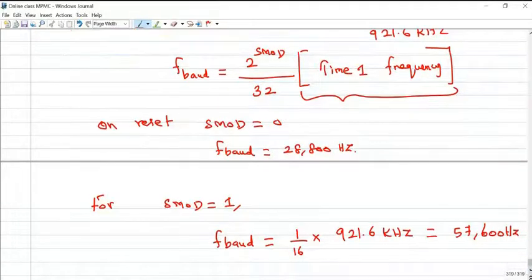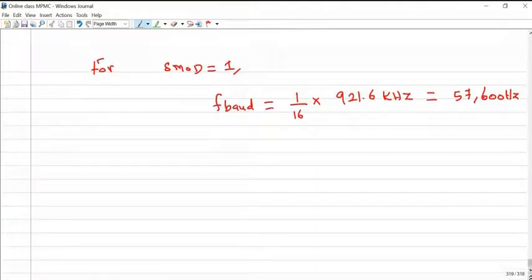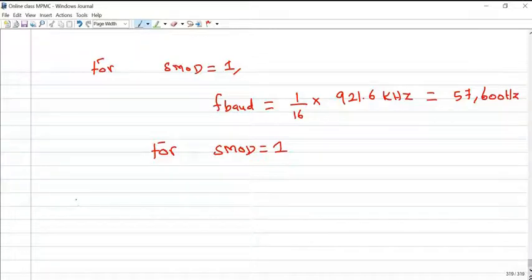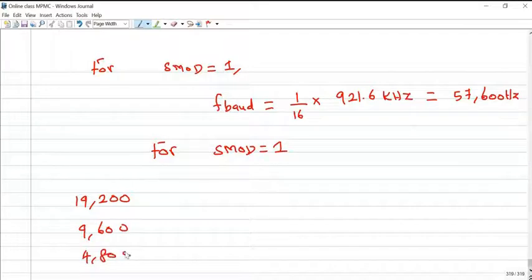So what are the possible baud rates you will get from 57,600 hertz? I'll write down here. For SMOD equal to 1, the possible baud rates are 19,200, 9,600, 4,800, and 1,200.